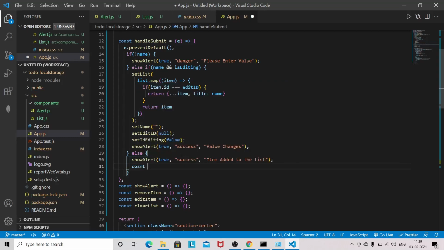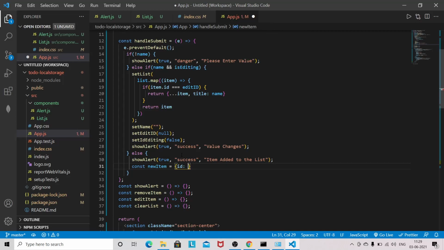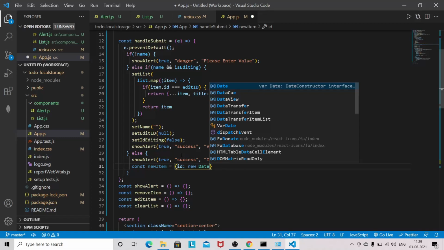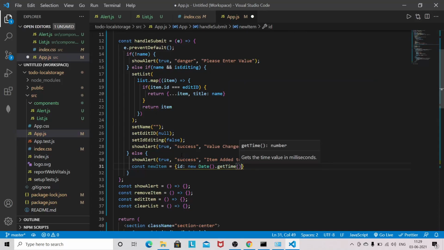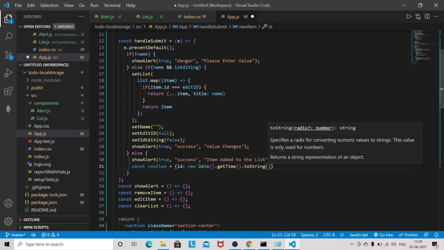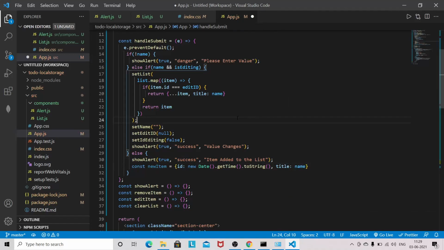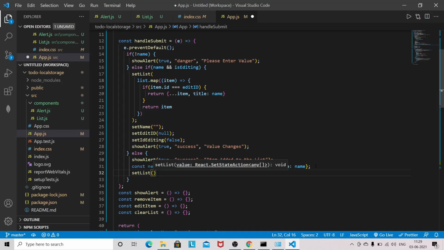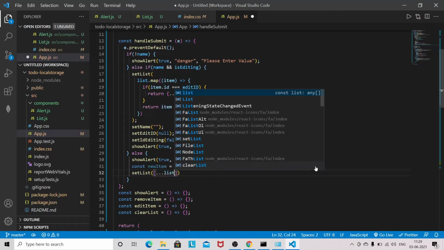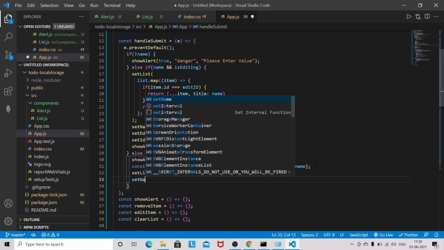After that we will be adding the item. So const newItem is equal to, so id, I will generate some fake id here using new Date().getTime(), and converting it into a string, and the title name, and setList with the new item, and setName will be empty.